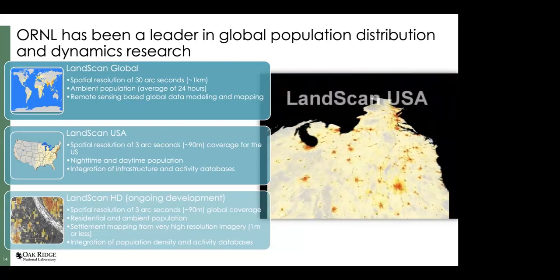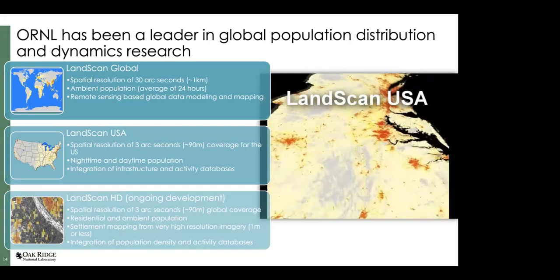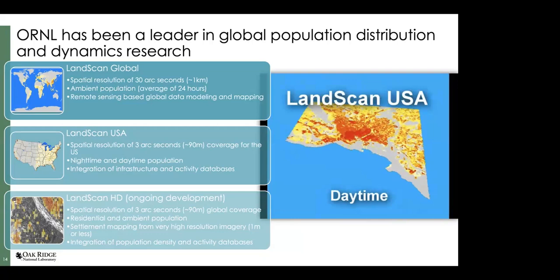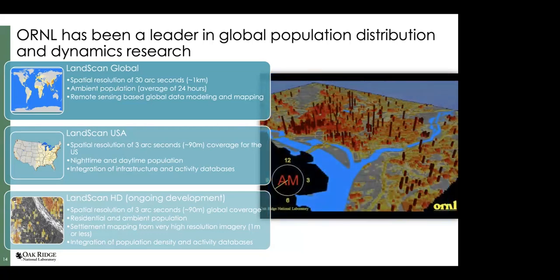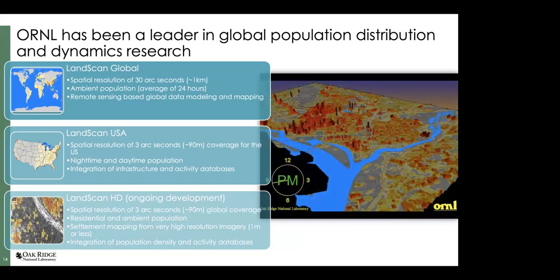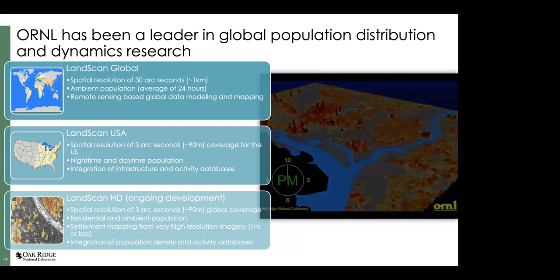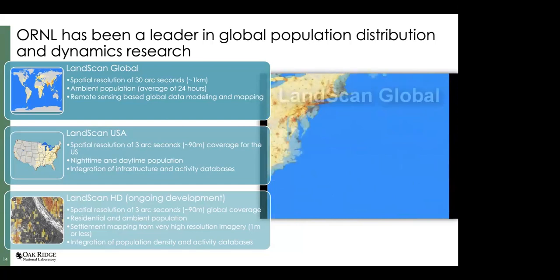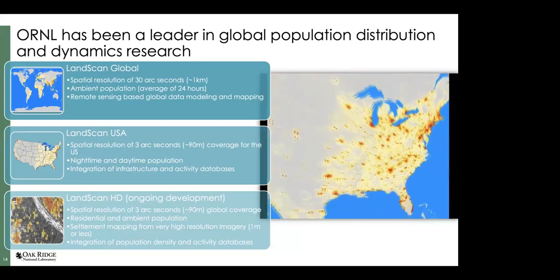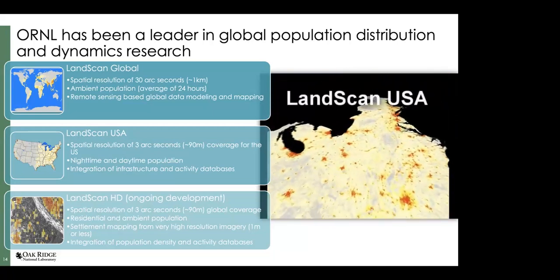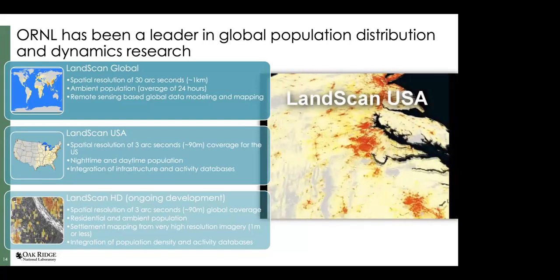Where we live, where we work, and how we go back and forth is essentially what defines how much energy we need. So knowing where people are at different times helps us understand and calculate energy at the building level to the residential level. And since the mid-2000s, we have been trying to see whether we can scale the US model to the rest of the world. Okay, the first part is to get to a 90-meter resolution global population distribution. And then we will look at daytime and nighttime, which is much harder once you leave the US or Western Europe, where you don't have that much data.